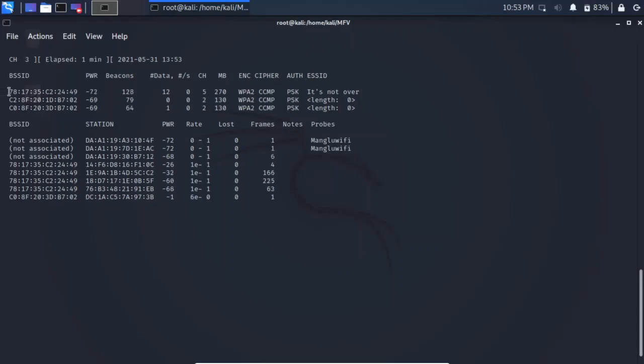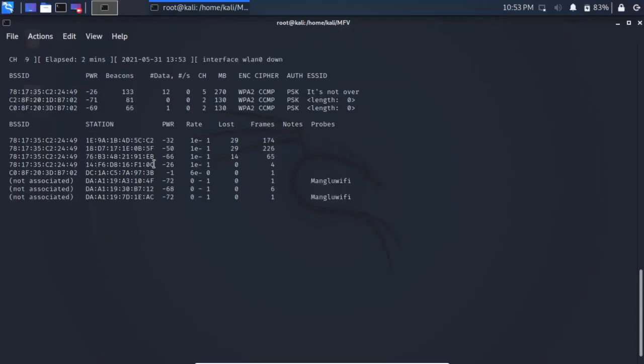So we know the MAC address of our Wi-Fi, and we know the MAC address of our target. So let's specify this. We need to run this again, but this time we will specify the channel on which our Wi-Fi is working. It is working on channel 5, and its MAC address is